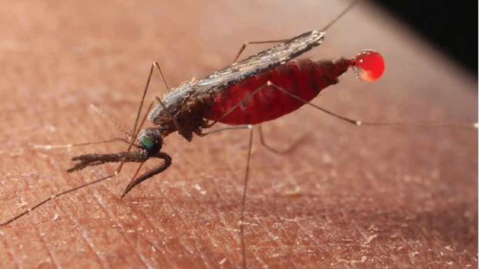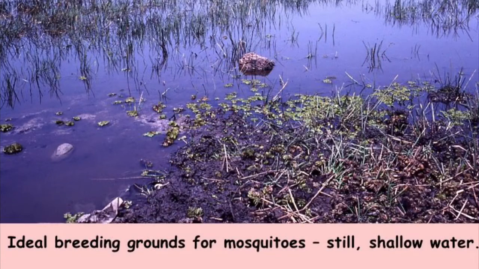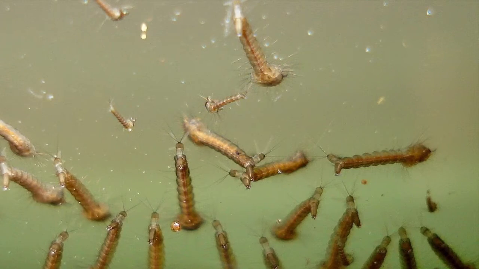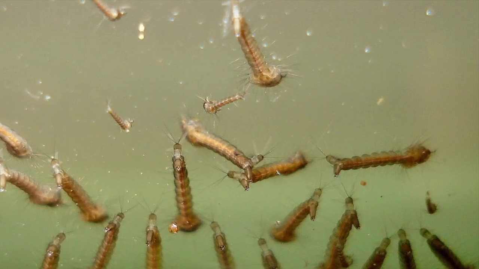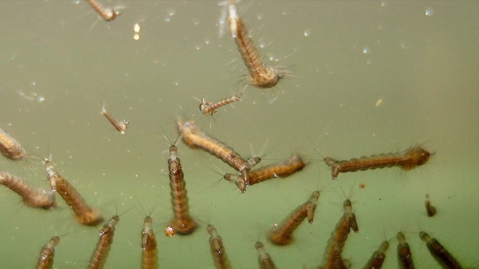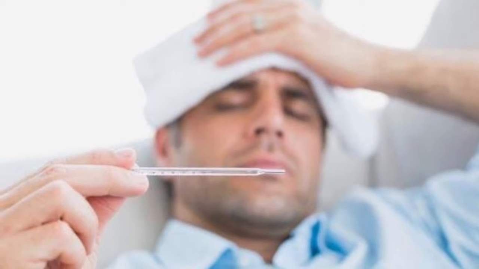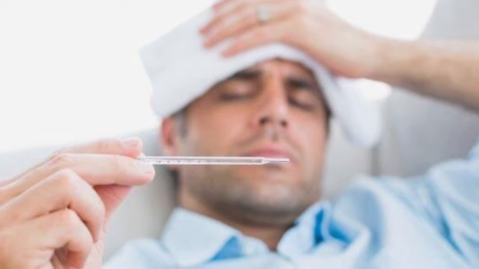Now let's move on to malaria. Most of you probably know that malaria is spread through mosquitoes, but did you know that this is also considered a waterborne disease? The mosquitoes that carry the bacteria that causes malaria breed on stagnant water, laying eggs in these areas. This means that where most people in rural areas get their water, mosquito eggs are very likely to be in there. Malaria can cause high fever, chills, headache, and nausea.